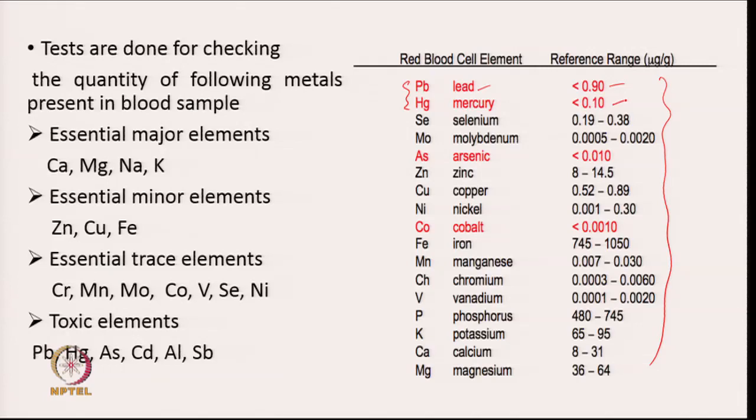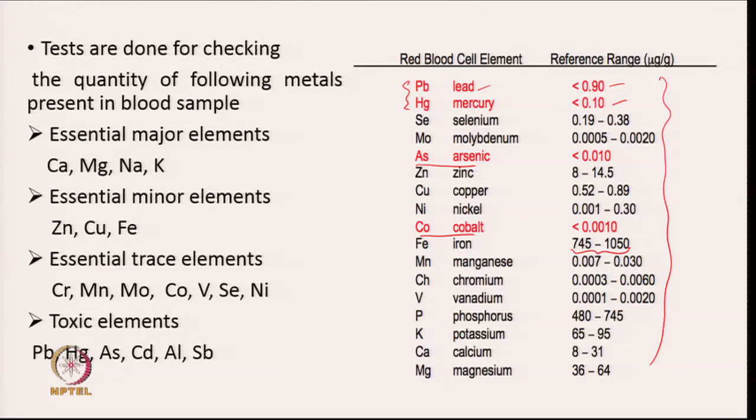Mercury should be less than 0.1 microgram per gram. So, these are the prescribed levels, and our body should not have a higher concentration of the particular toxic metal than the reference range. Other toxic metals are arsenic, cobalt, and you can see for iron, which is an essential element,